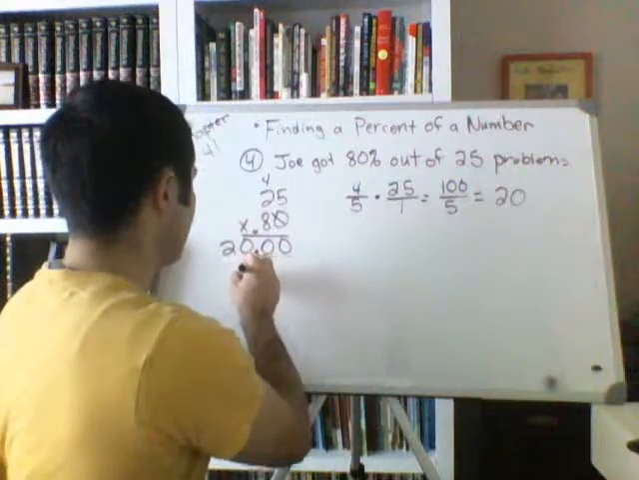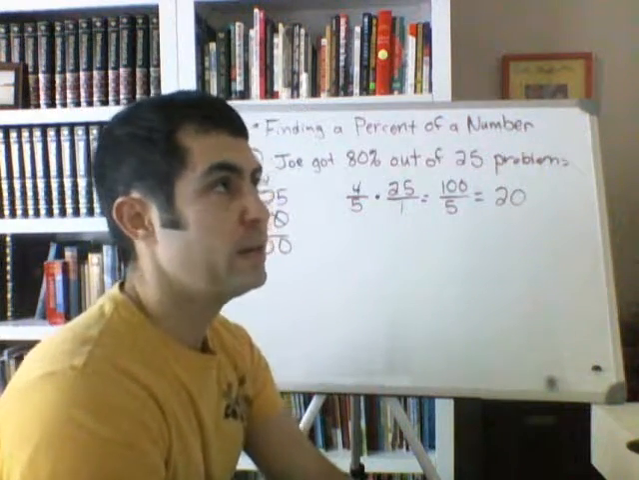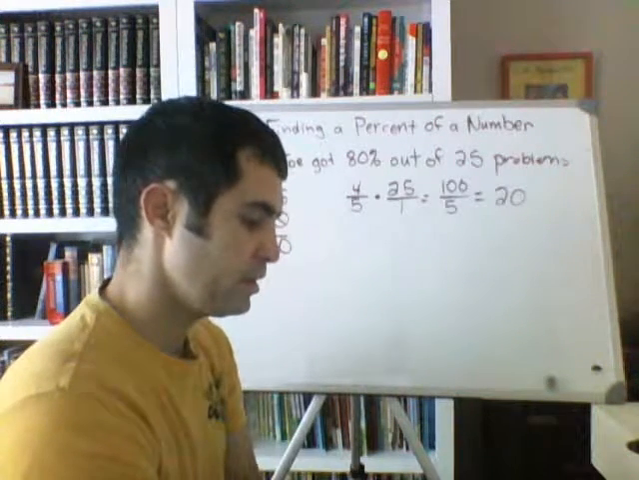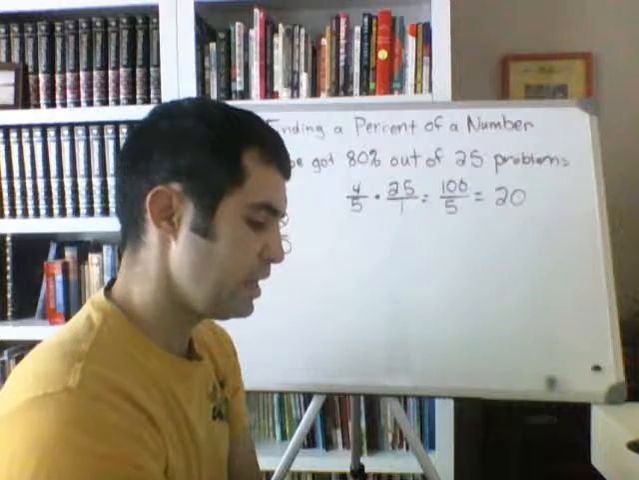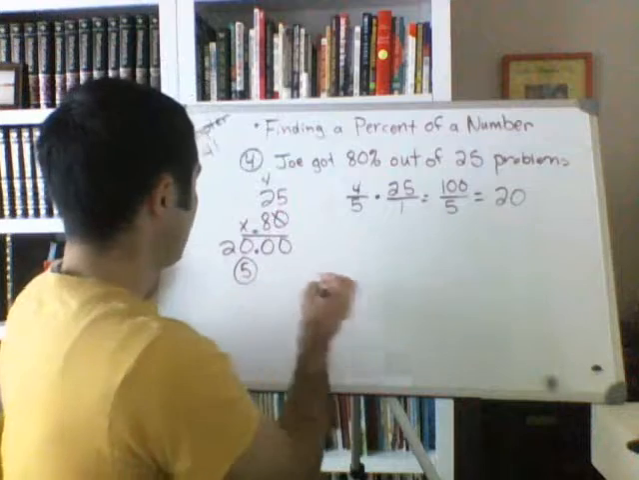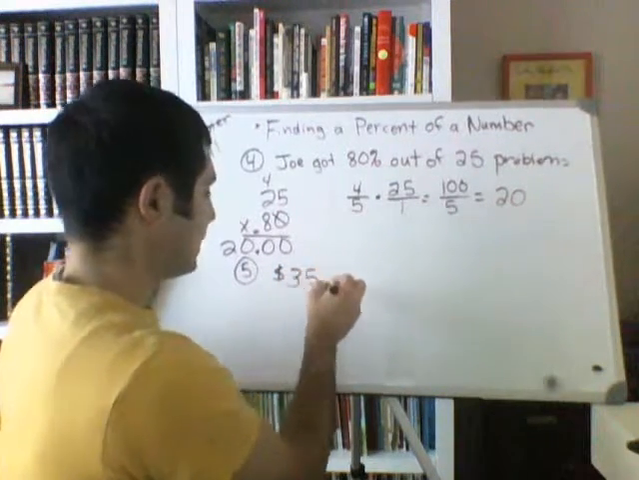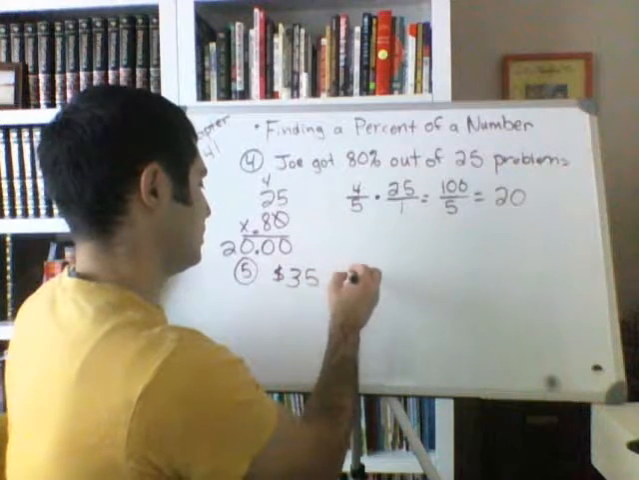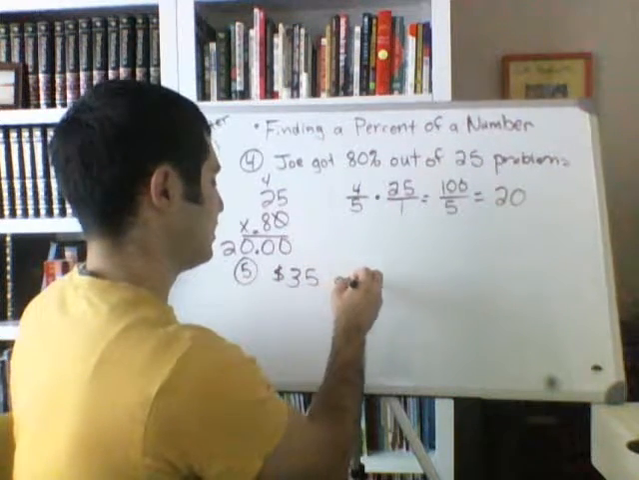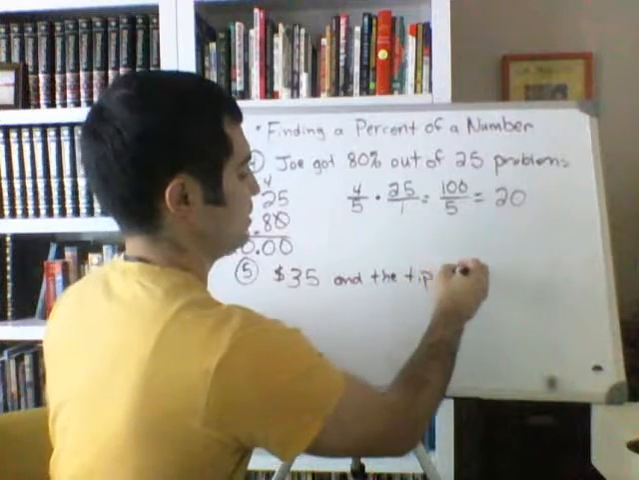Let's do number 5. Let's say you go out to dinner and you want to give a 15% tip. Alright? Let's say your bill was $35, and the tip is